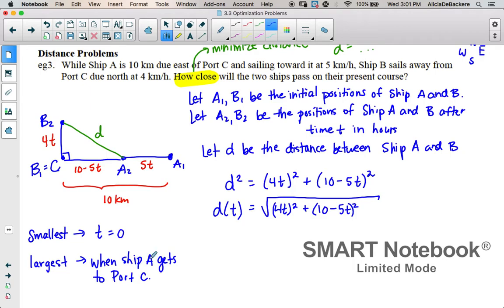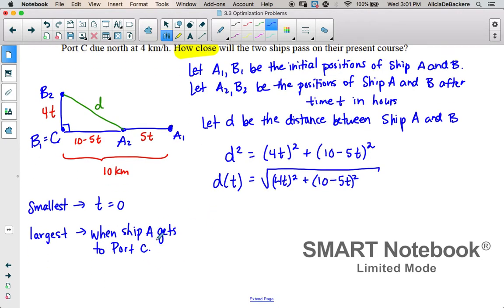So one of the 2 moving objects is going to get to the original position of the other moving object, and that's when I'm going to stop. So I need to figure out, well, what is the time? How much time does it take for ship A to get to port C? So remember that the